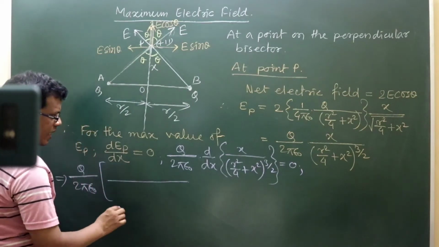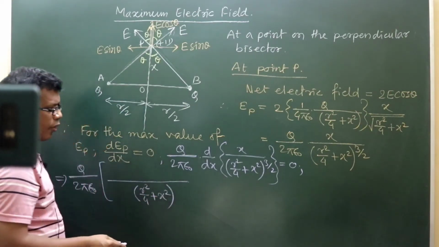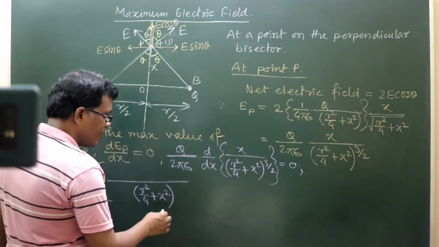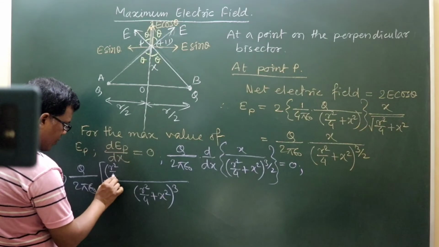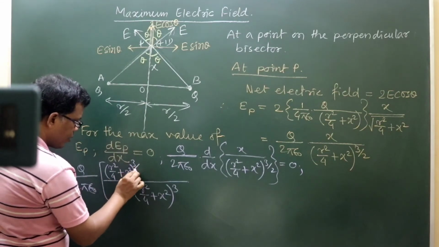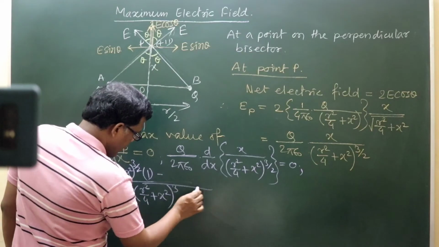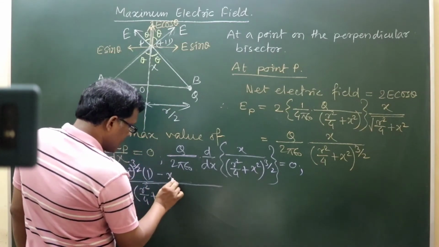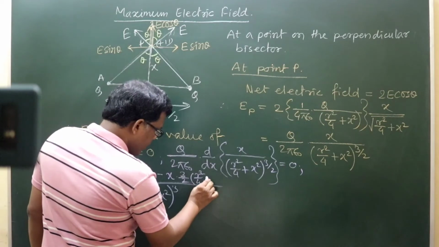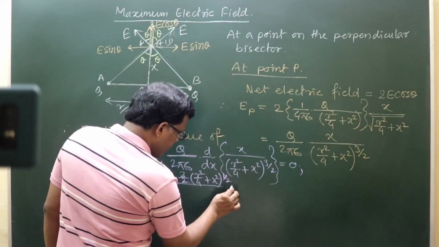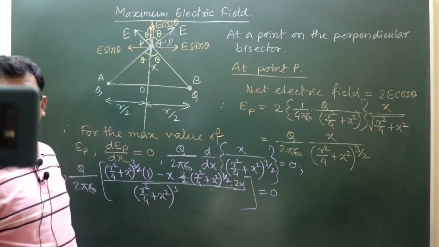So the u by v process says that the denominator becomes the square of this, v square, so it will be the power 3, and in the numerator part v into du/dx. First we write down r square by 4 plus x square whole power 3 by 2, that is kept as it is, times differentiation of numerator, that is x, which is 1, minus, keeping x as it is, the rest differentiation will be 3 by 2 into (r square by 4 plus x square) to the power half into 2x, right, chain rule, that is equal to 0, isn't it or not?